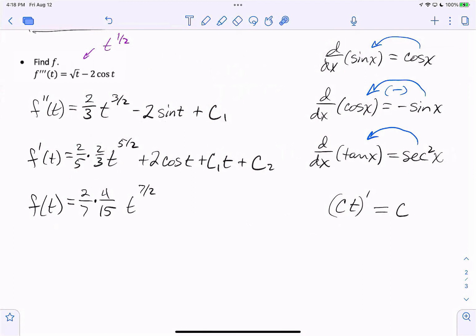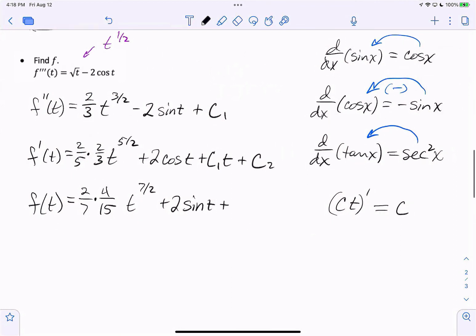And then the antiderivative of the cosine function is the sine function, so plus 2 times the sine of t, plus, now this is going to get a little bit weird. c1/2 t squared plus c2t,